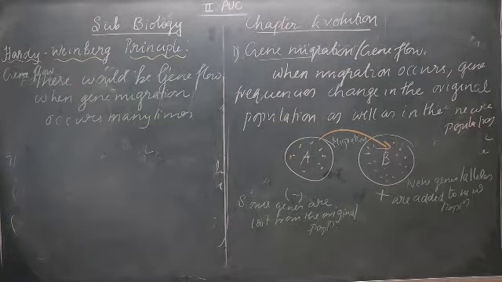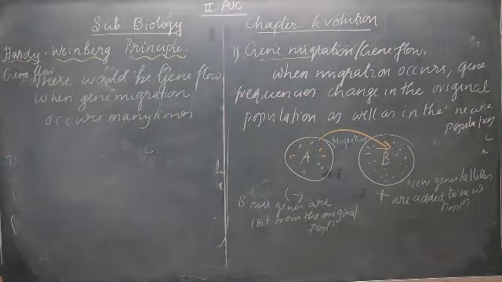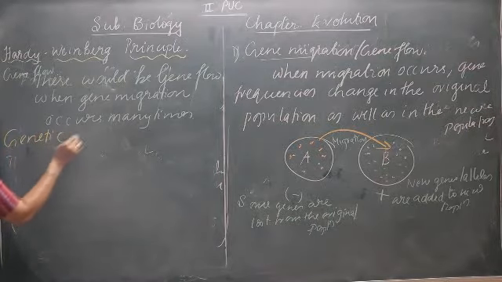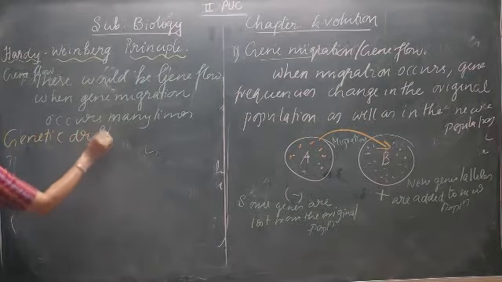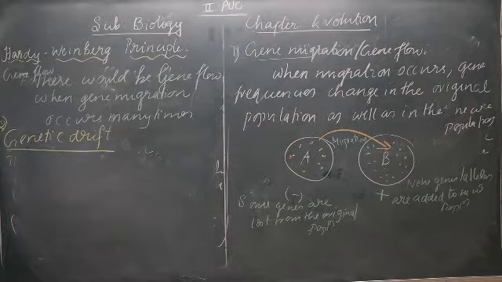Then the second aspect: what is the second factor which affects the Hardy-Weinberg principle? The second factor is genetic drift. So what does genetic drift mean? The exact definition is